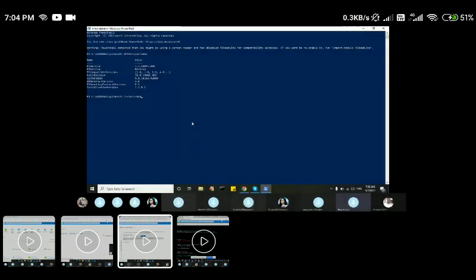So remove the D. No, no, no. Just give the tab again and hold on.